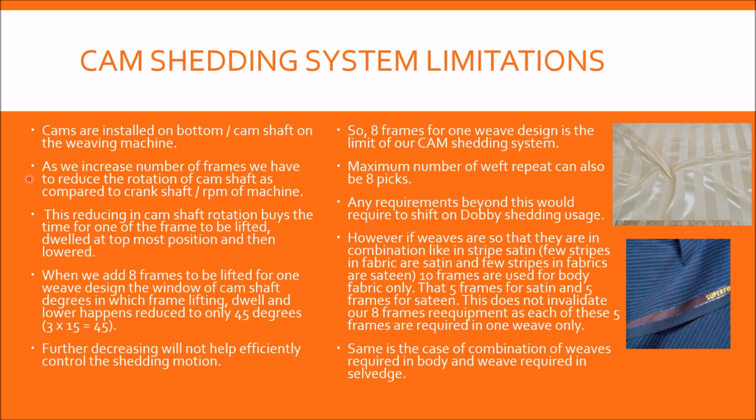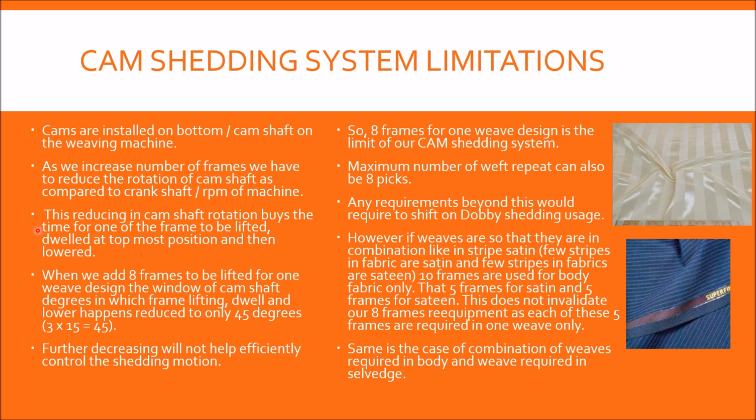For example, if the crankshaft is working at 800 rpm, the bottom shaft or camshaft should work at 100 rpm for the 8 frames. When we decrease this movement of the camshaft, only that cam will be operating the frame. Let's suppose we have 8 and certain. So, 8 and certain,